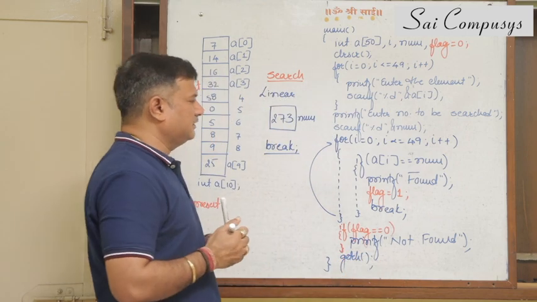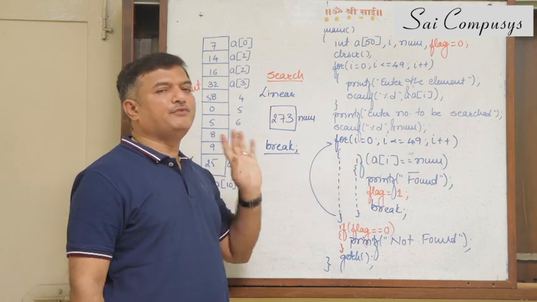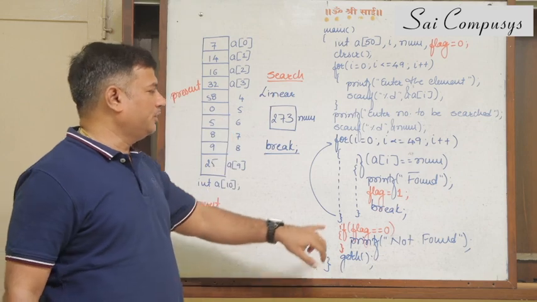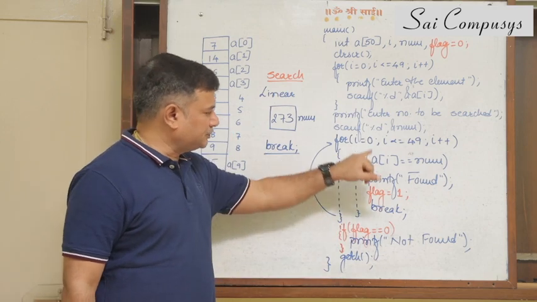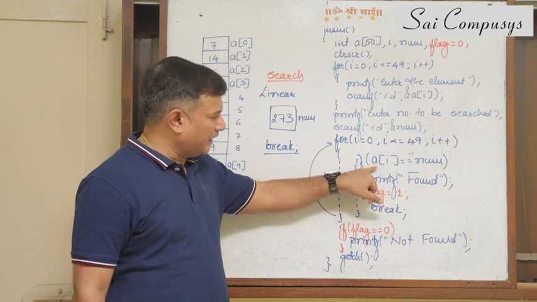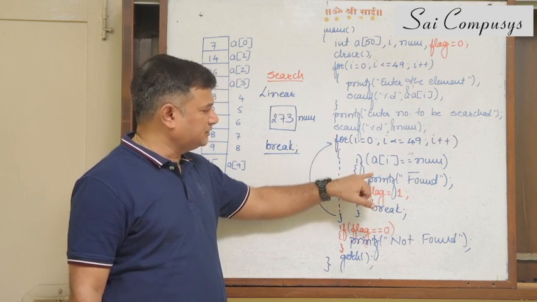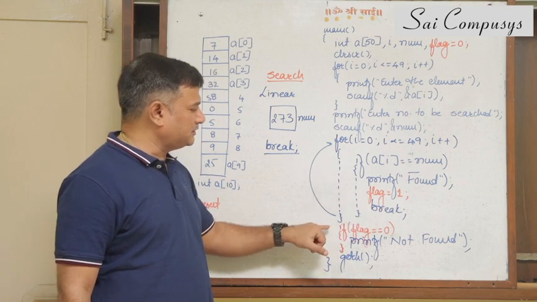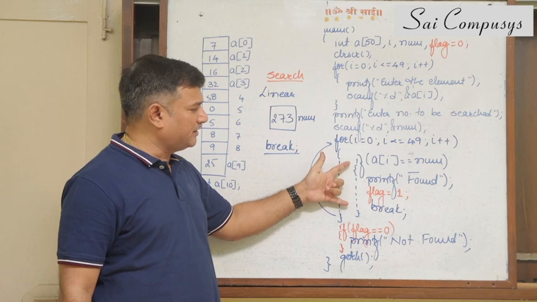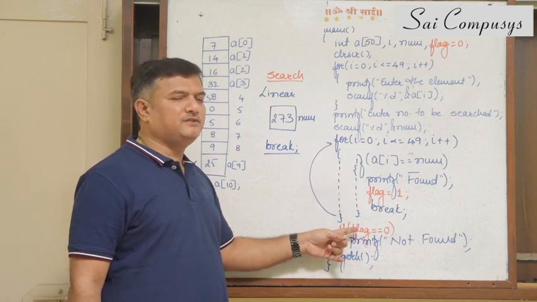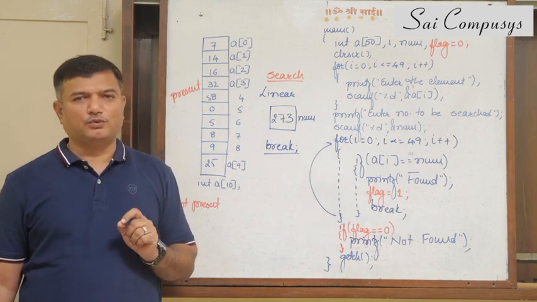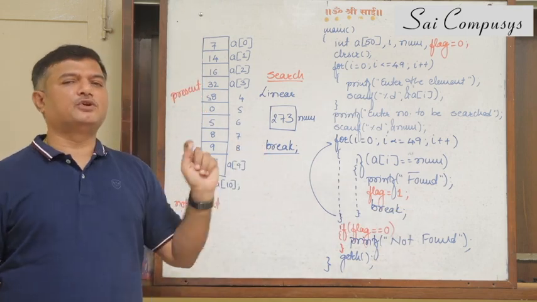So the easiest method of searching is defined in front of you, but just take care that you do not put a else over here. First check the whole array from 0 to the last position. If at all you find the number at any position, update flag, break takes you out of the loop. If the number is not found at any position, this part will never get executed and flag will remain 0. If flag is 0, then we will simply print that the number is not found. Okay? So this is the first method of search.